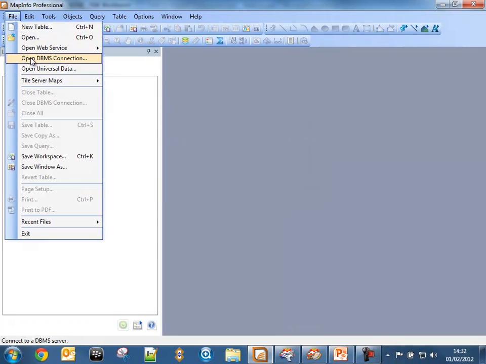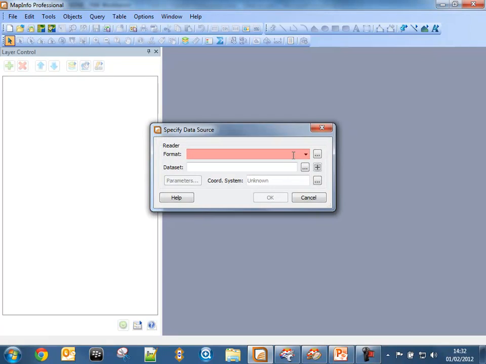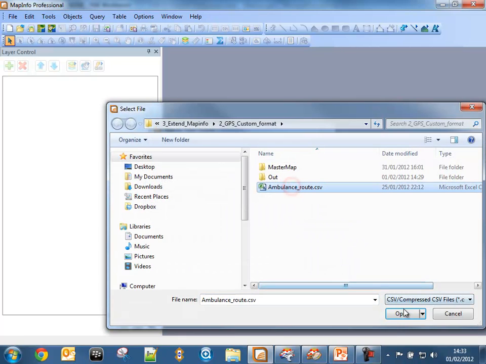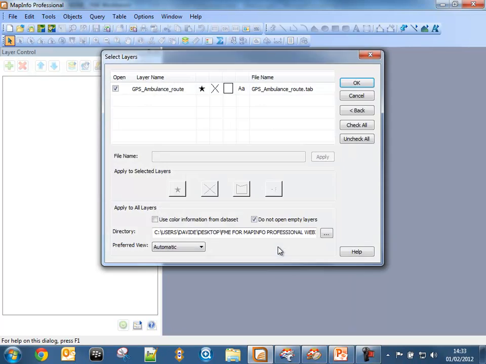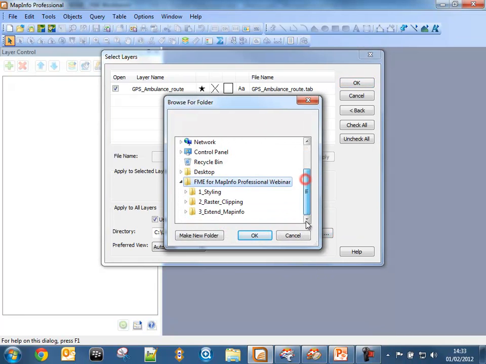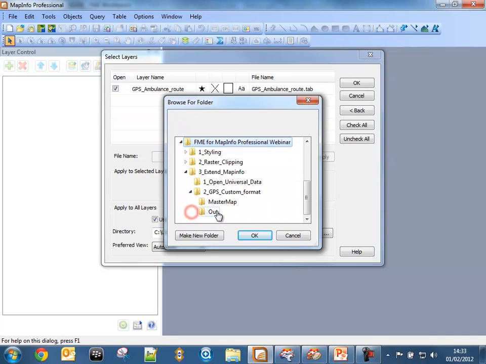If we just go and choose the option to open Universal Data and search for our custom format, you'll see it's available, and we can pick our CSV as our input format. The benefit here is that we've basically given Mapinfo our FME license to use, and what we can do is read in this custom format. We want to use the colour information that's created by our Mapinfo styler, deposit the output, header tab file in an appropriate location,